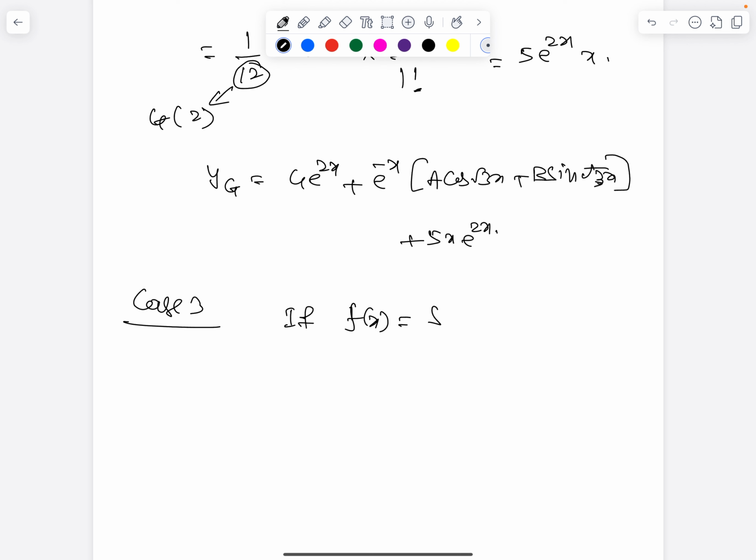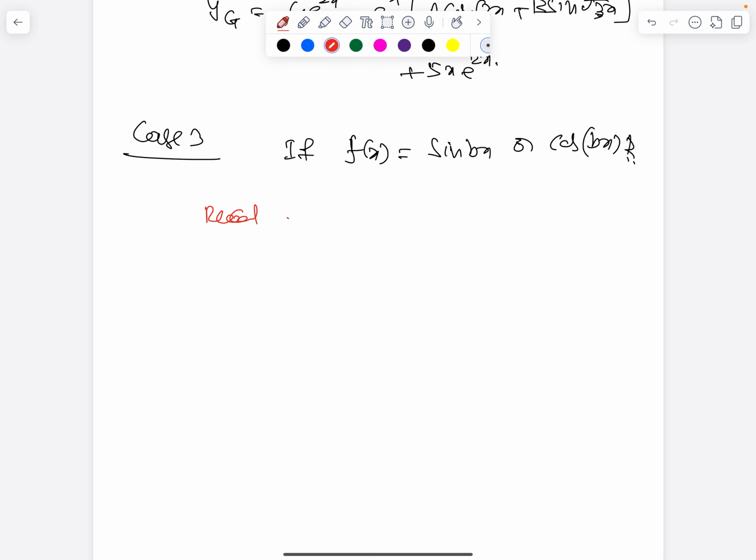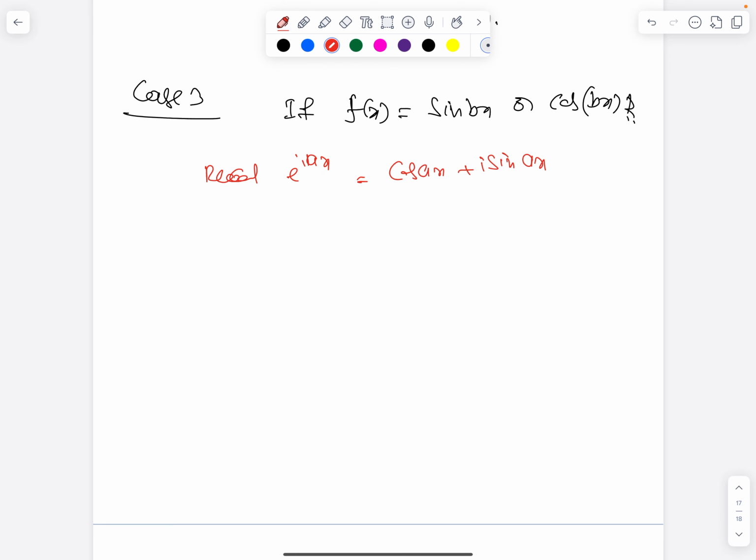of x is like sin bx or cos bx. So, what if small f of x is this one, that is, the non-homogeneous term is this one. Recall e power i ax is equal to cos ax plus i sin ax. So, we have to remember this formula, then you can understand that if this is the case, whenever d is there you are replacing d by ia